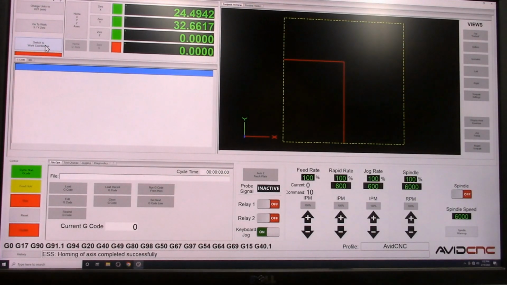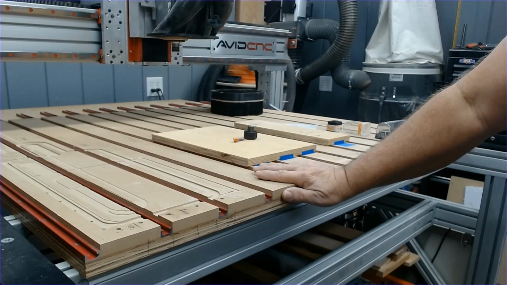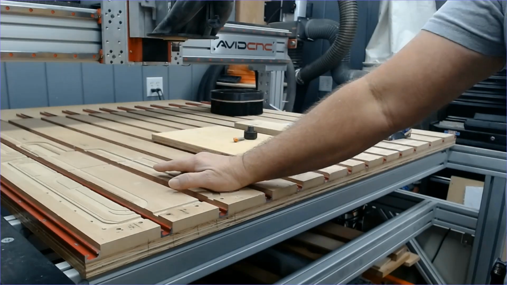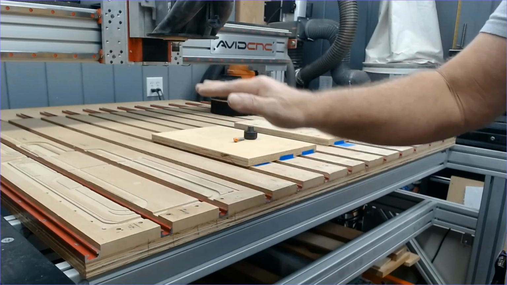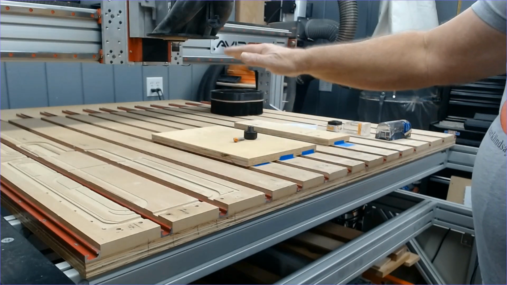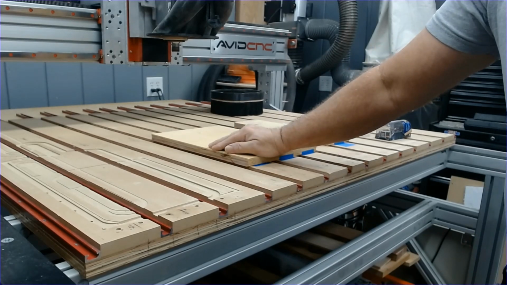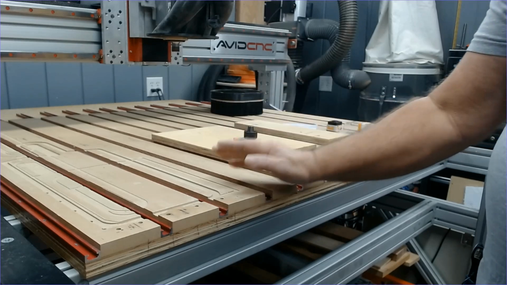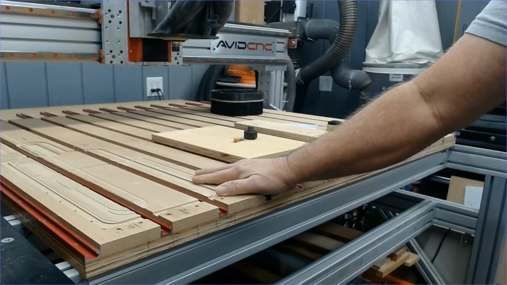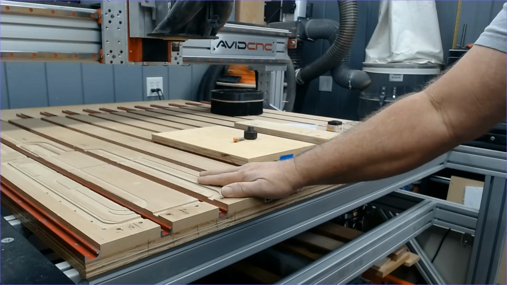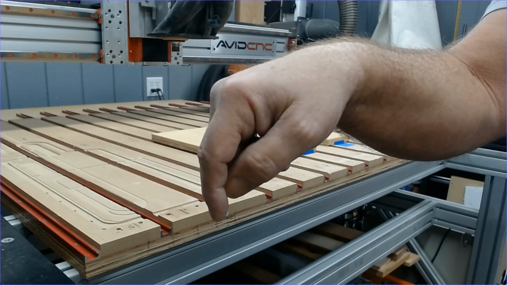I switch to work coordinates and they change. Machine coordinates are in reference to the physical limits of the machine. Work coordinates are in reference to the physical dimensions of the material. Both are absolute coordinates. In machine coordinates, my 0 point when I home my machine is the bottom left corner